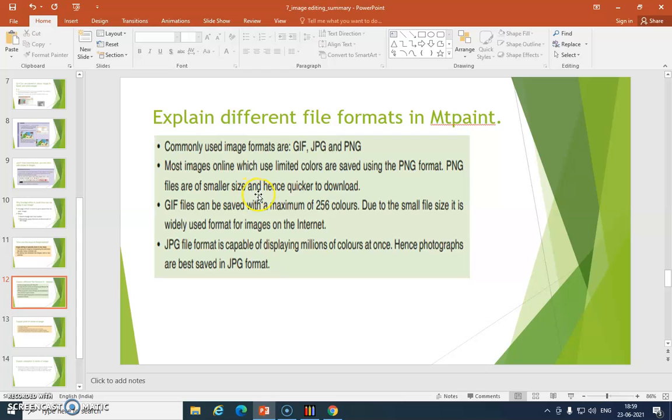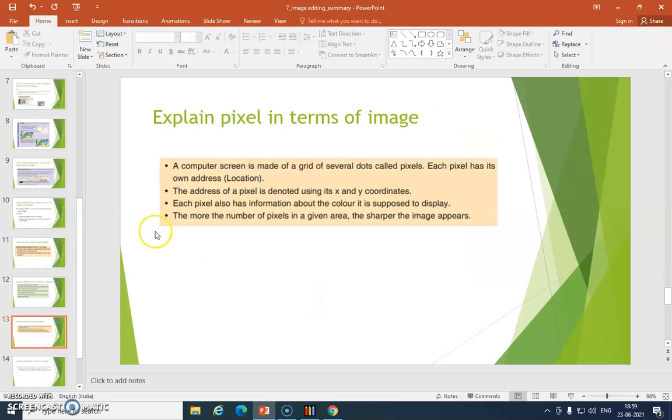PNG files are of smaller size and hence quicker to download. GIF files can be saved with a maximum of 256 colors. Due to the small file size, it is a widely used file format for images on the internet. JPG file format is capable of displaying millions of colors at once. Hence, photographs are best saved in JPG format. Okay, you can save your file with different formats and then you can see the changes.